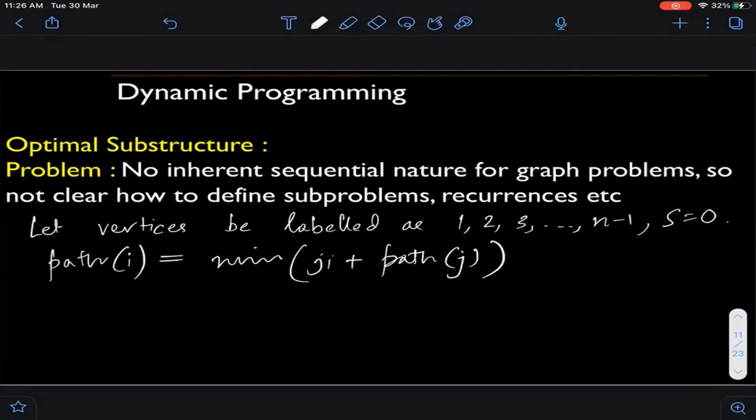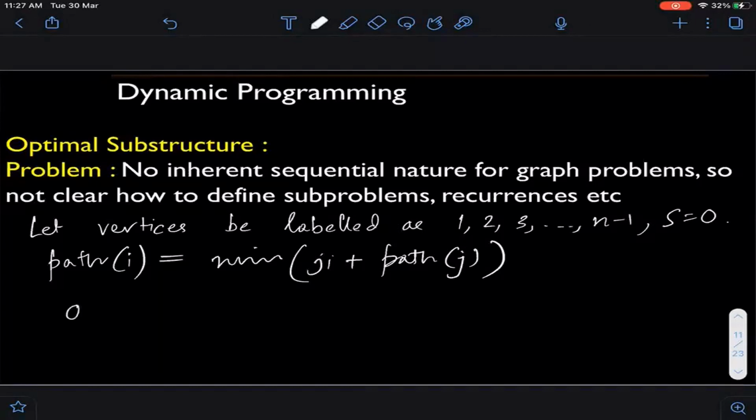So remember, what is the idea of writing a recurrence? The idea of writing a recurrence is that you should somehow be able to decrease the size of your subproblem. But यहाँ पे it's not even clear. अगर मैं ऐसे formulate करता हूँ, it's not even clear that you are decreasing the size of the subproblem in any way, and I will tell you why.